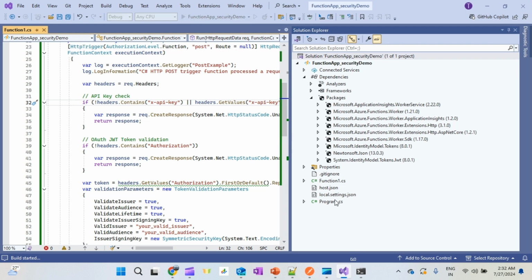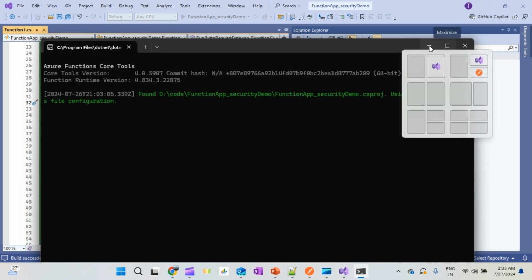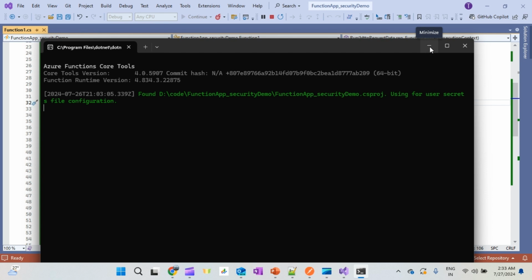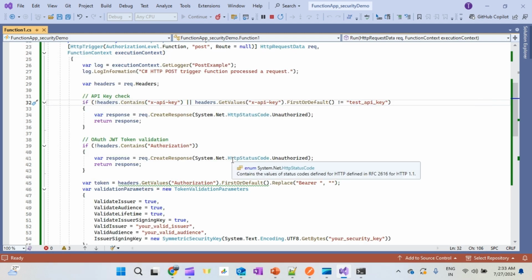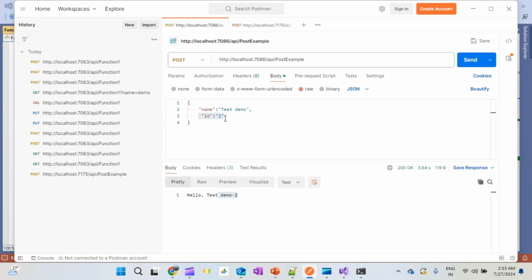Also, we can configure that value in your configuration so that we can validate that the API key being passed is correct or not. Or we can have that API key in the database as well, so that we can read from the database and validate it. So in this case, let's say first we are running, this is a POST method, we are passing